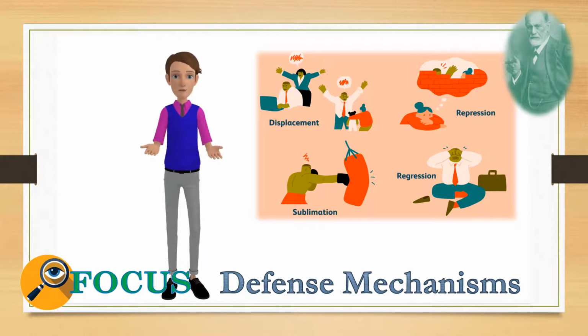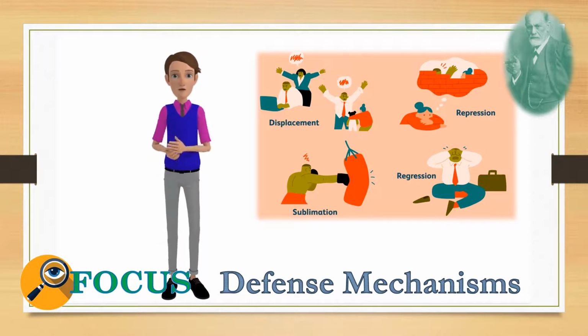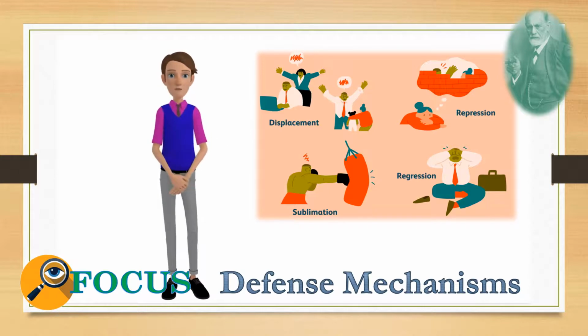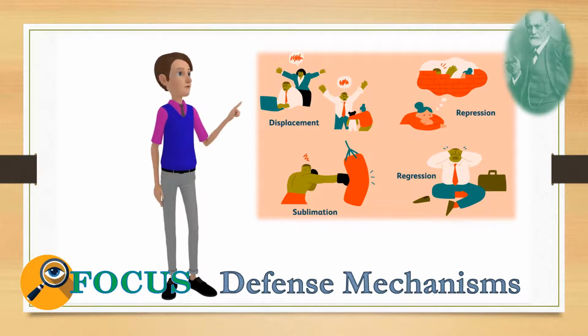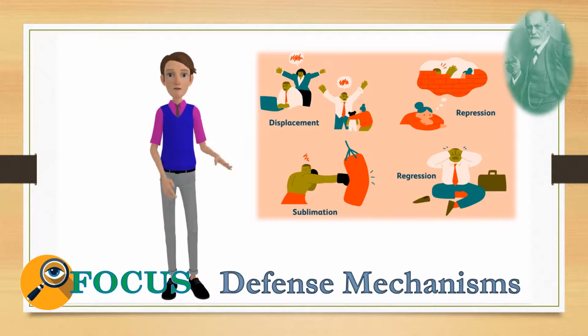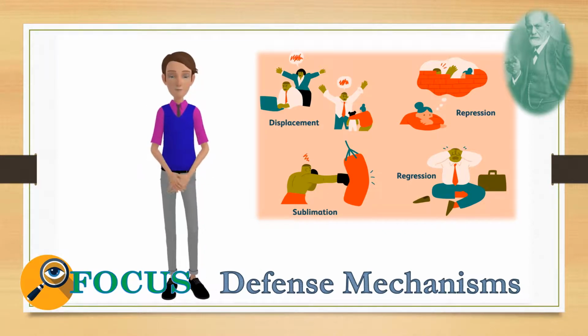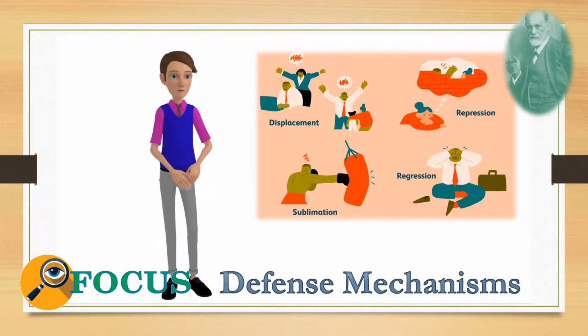These are strategies developed by the ego to help it deal with the id and the superego. Defense mechanisms frequently appear unconsciously and have the tendency to distort or falsify reality. When reality is distorted, there is a change in perception that allows for a reduction in anxiety, resulting in a reduction in tension. Sigmund Freud identified a number of ego defenses throughout his work, but his daughter, Anna Freud, developed